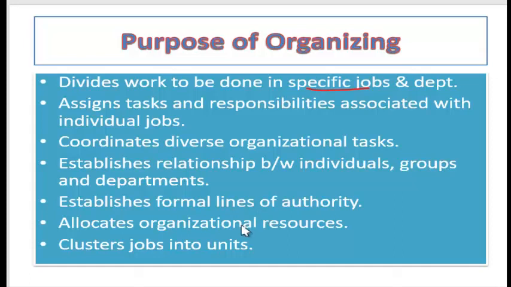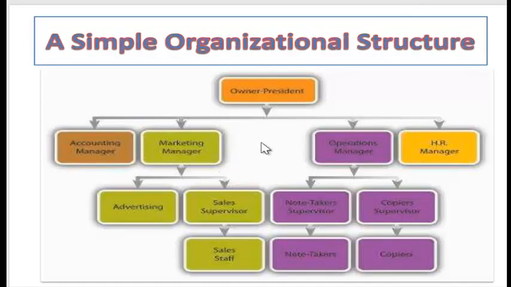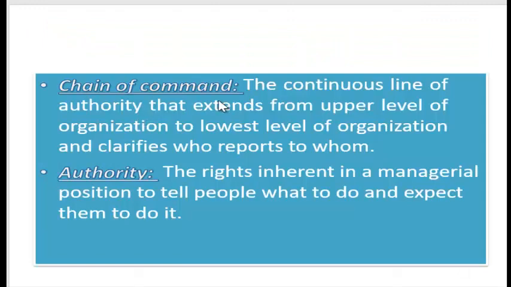So it helps with the complex job of the whole Maruti Suzuki outlet, where there are lots and lots of things to do. If we have organization, it makes it efficient and better. Overall, this is my organization structure, where we have an owner or a president, then we have the accounting manager, marketing manager, operation manager, HR manager, and then there are the subordinates. We call this a chain of command, where the command flows from top level to bottom level. And authority, who has what authority, depends upon what level you are on.